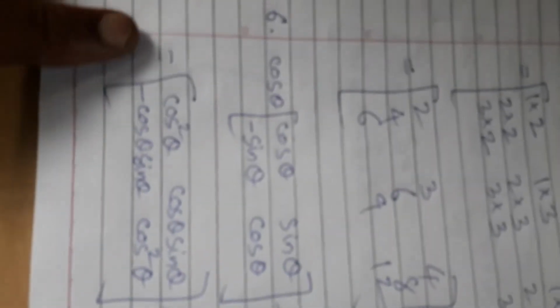Then you are going to add it, right? First, you are going to multiply each term of cos theta with each element of the first matrix. So that will give you cos square theta, sin theta, minus cos theta sin theta, cos square theta, plus similarly here. It will be sin square theta, minus sin theta cos theta, cos theta, then sin square theta. Then when you solve it, now you are going to add it.